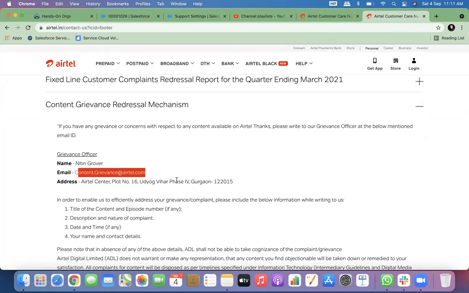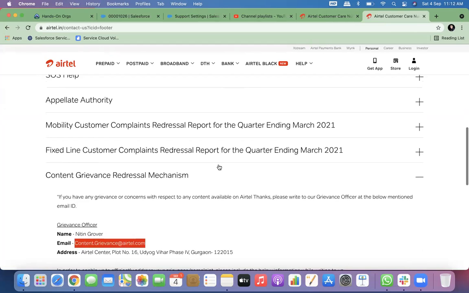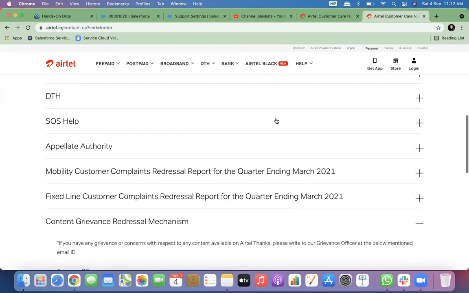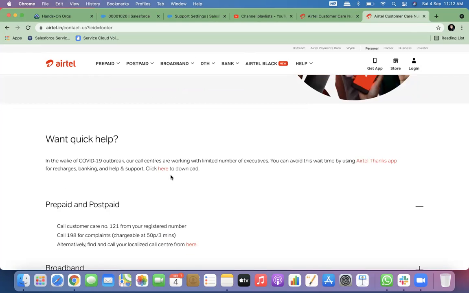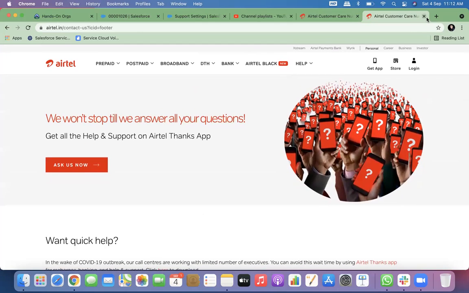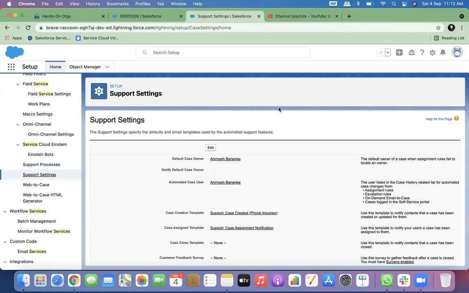So this email ID is something that will be there, which you need to set up so that the customer can mail to this and a case will automatically get created. They will get back another reply email that the case will be resolved. Similarly, there can be forms also. You can have a form, right? My name, subject line. I don't see this here, but you can have forms in most websites. If you go to contact us, you will get a form and you can fill up that form. That also can create a ticket for you.